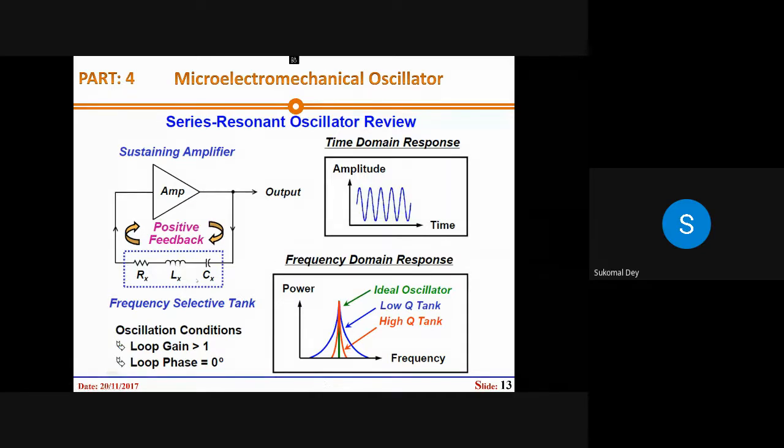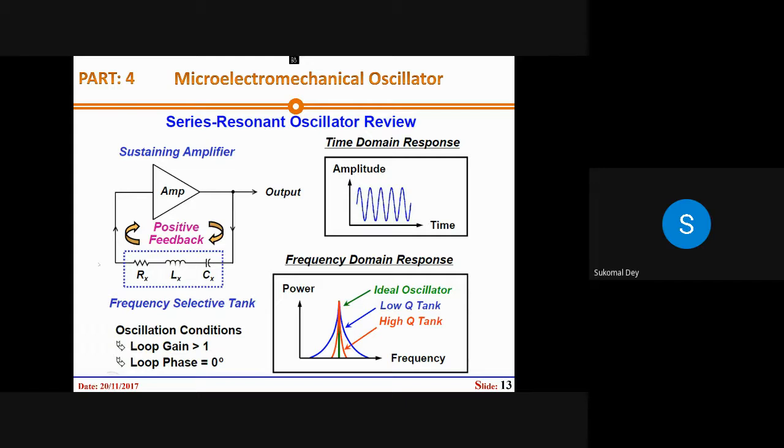Now whenever you are developing this kind of oscillator, what is happening? In the forward arm, you have an amplifier. You can use a transimpedance amplifier. In the reverse arm, you have a resonator. If you recall our quartz oscillator, those are being used. The quartz crystal gives us a very good quality factor, and based on its shape, the quality factor changes. There is an AT cut, X cut, different cuts are available to define the quartz